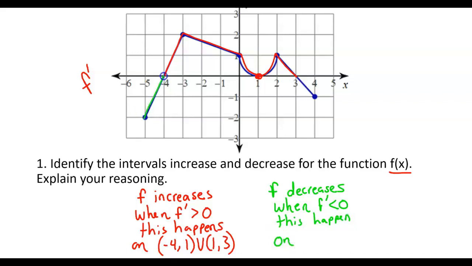So here to here, and here to here. So that would be from -5 to -4, as well as from 3 to 4. Okay? So that's how you can find where f is increasing and where f is decreasing by looking at the